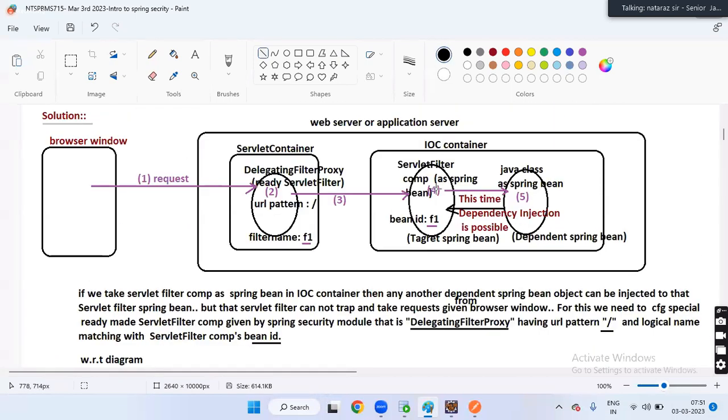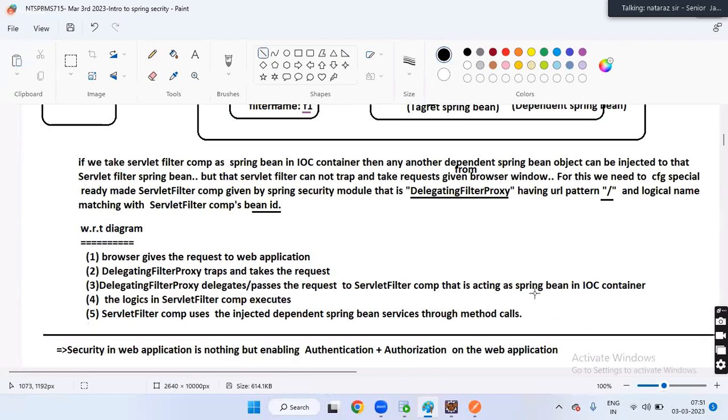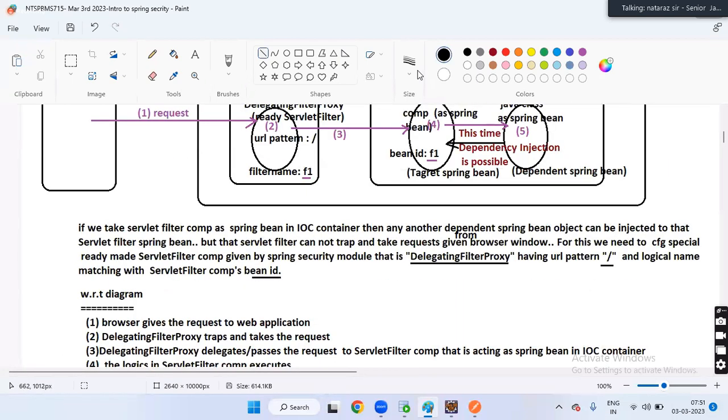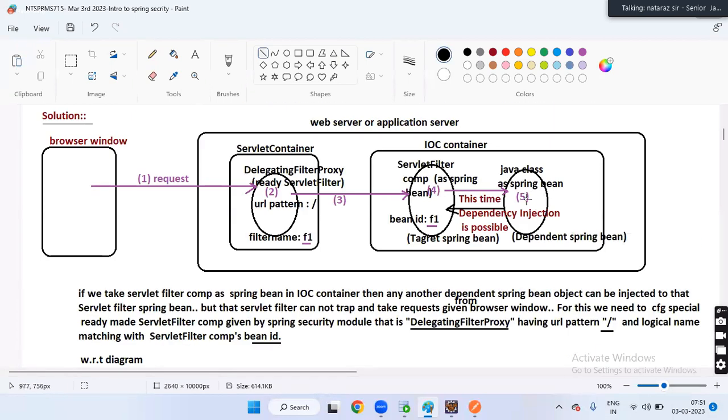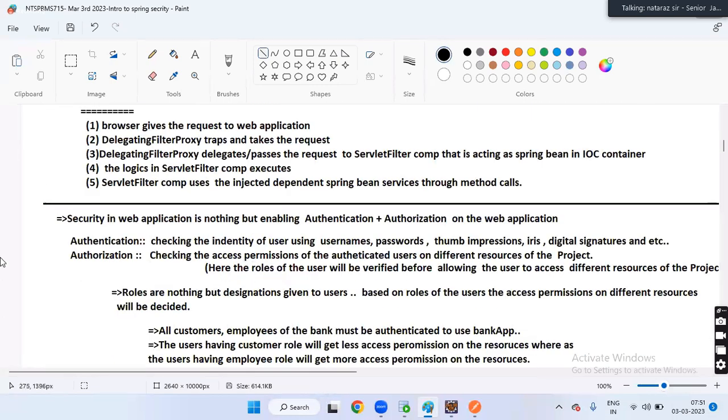Then the logic in the servlet filter component executes. The servlet filter component uses the injected Spring Bean services through method calls. Here a lot of services are there. Okay, boss, keep that in mind.